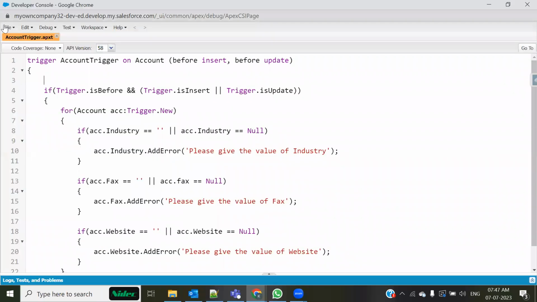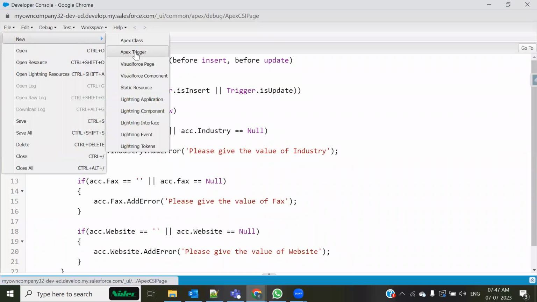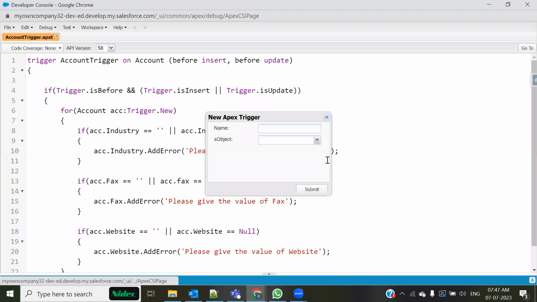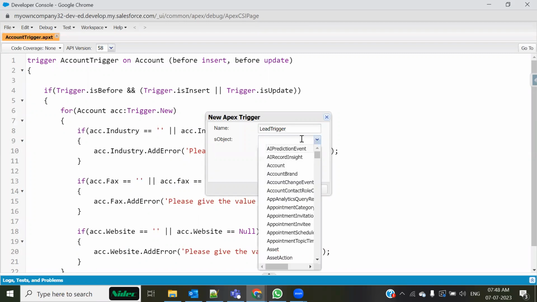So let me create a new trigger in that case. I would go and create a new lead trigger. Because I am creating this on a lead, I'm going to name this lead trigger. You can give any name, it just has to be relevant. And the Salesforce object which I'm selecting would be